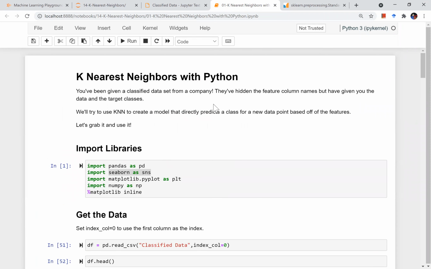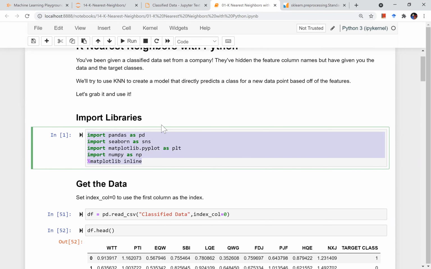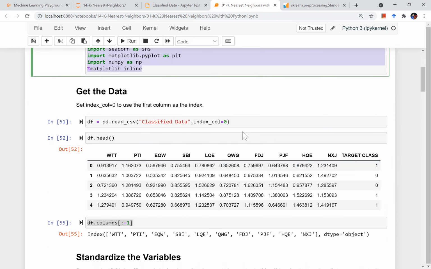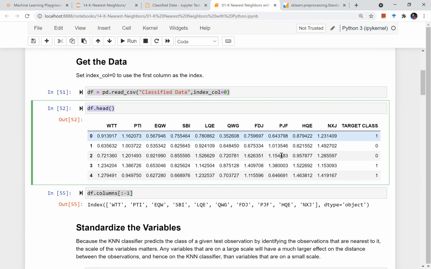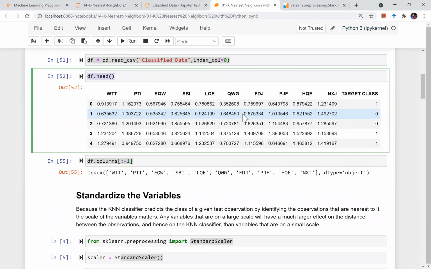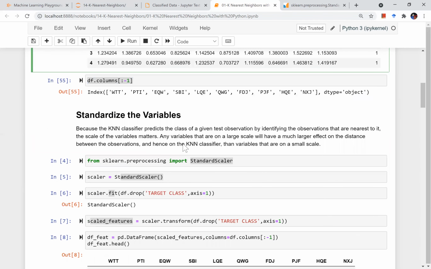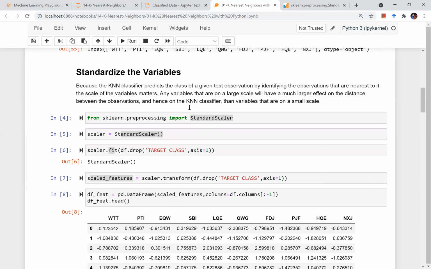Right. So let's revise whatever we did today. Basically we started with importing our libraries that will be used, like Pandas, Seaborn, Matplotlib and NumPy. Then I read my data as a Pandas data frame. I checked the data to see if there are any string values or missing values, or if some data cleaning needs to be done. What we found out is that since we are using KNN, and KNN depends on the distances between the points, any higher values or big numbers can adversely affect our calculations. So we need to standardize the variables or do a scaling of the variables, right?